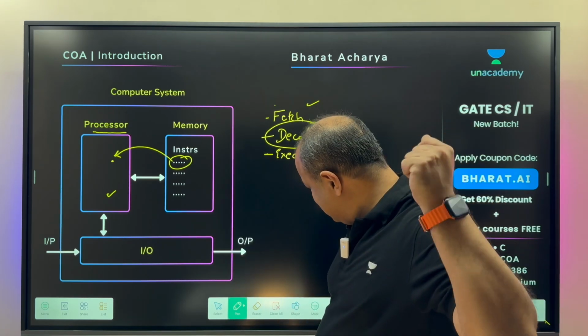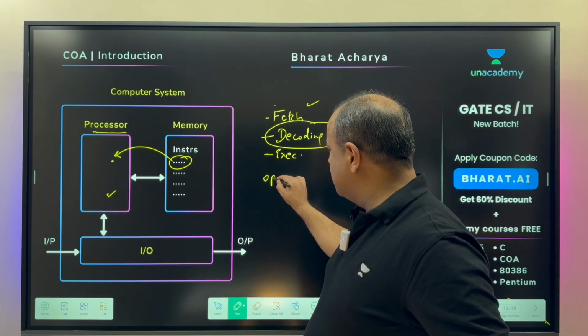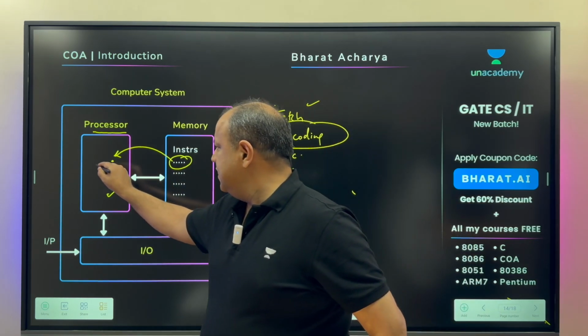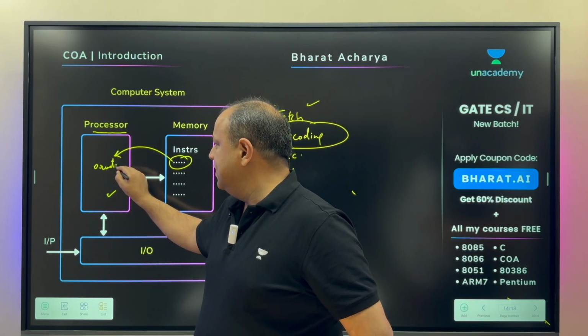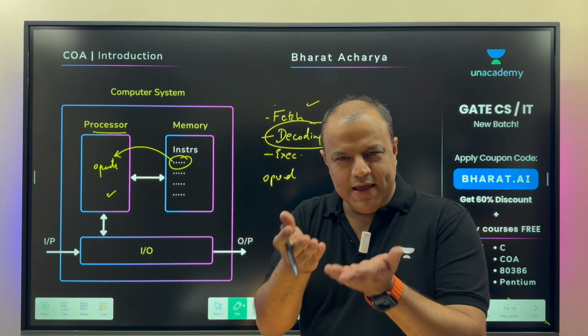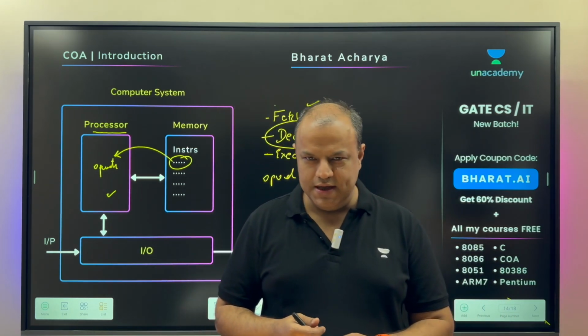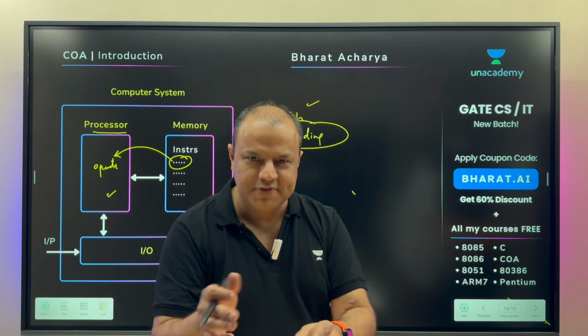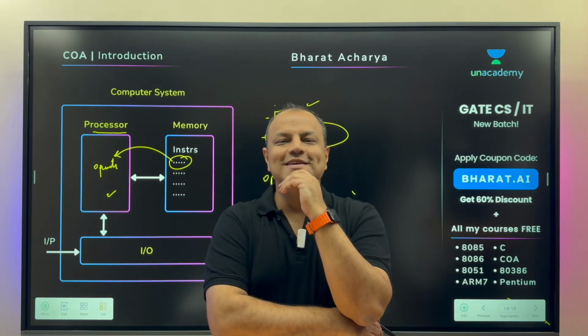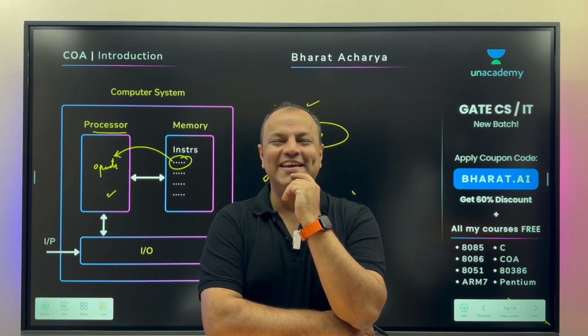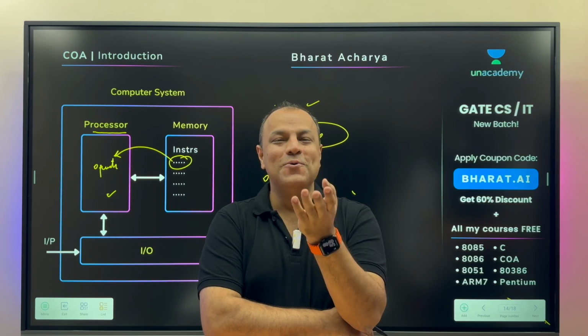If you remember, what is the binary form of an instruction called? The opcode. So what you have fetched is the opcode. Are you clear? So fetching already gets you the binary form of the instruction. Decoding doesn't mean converting into binary. It is in binary. So what is decoding then? Decoding means what? Tell me.